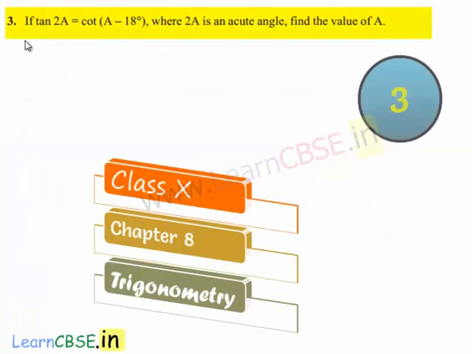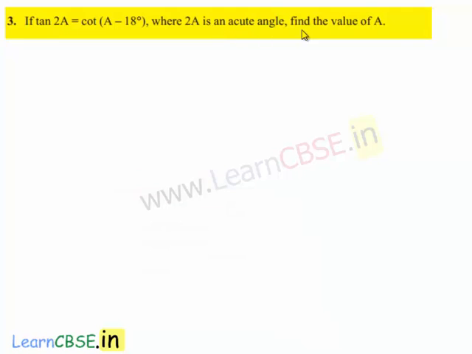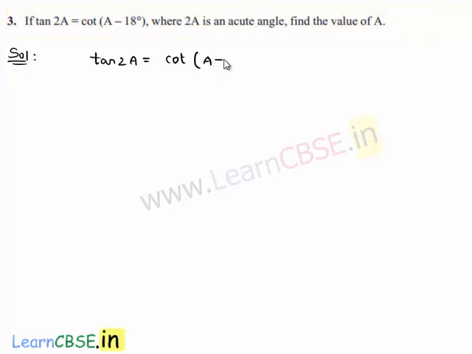Now moving on to the third problem. If tan 2A is equal to cot of A minus 18 degrees, where 2A is an acute angle, find the value of A. Now moving on to the solution. He has given that tan 2A is equal to cot of A minus 18 degrees. On both sides of the equality, the left hand side is in terms of tan and the right hand side is in terms of cot. So let us express both the right hand side and left hand side in terms of tan,